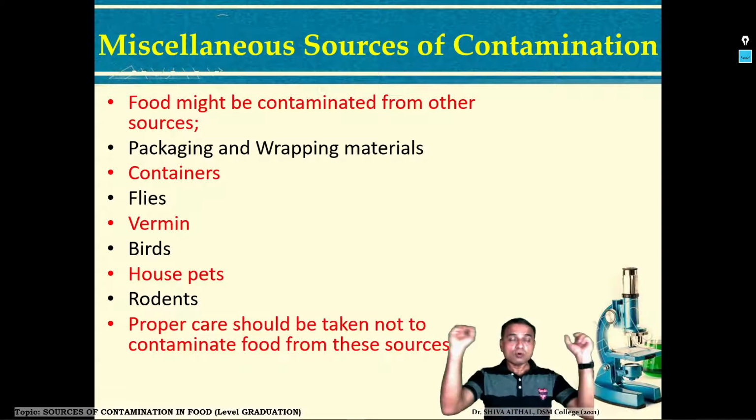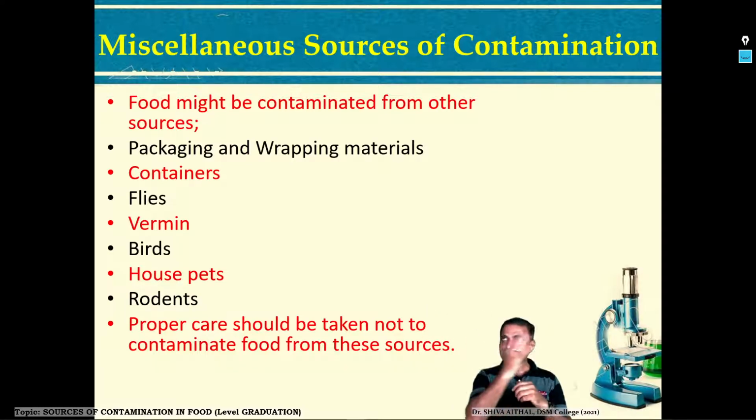Birds in and around outside, they are always flying here and there. If they are inside the cooking area, or the food storage area, then they can also become a source of contamination. The bird droppings, their claws, the bird pickings, they are great sources of contamination. House pets, usually cats and dogs, sheep and goats, then the cocks and pigeons,